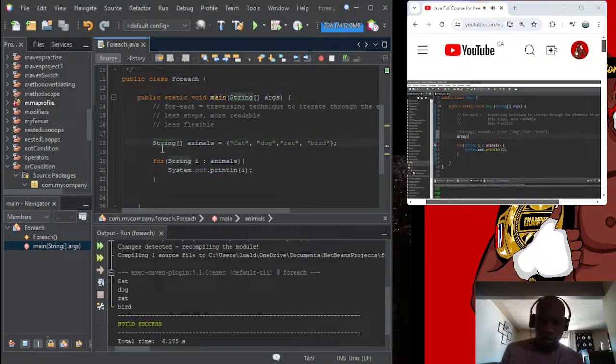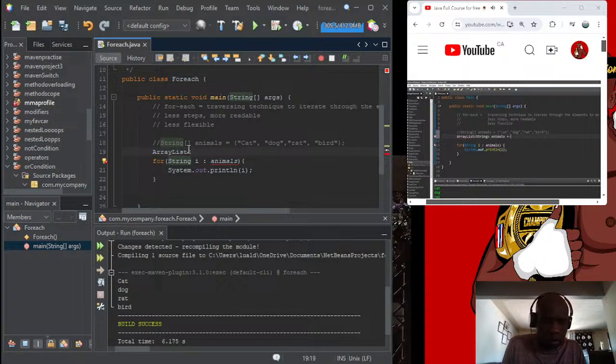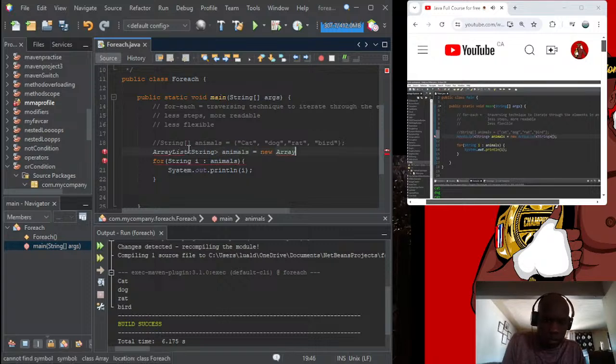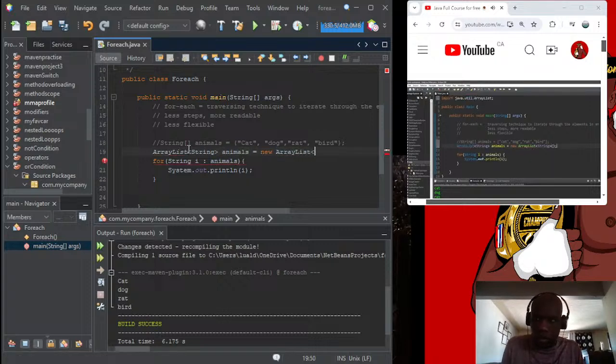ArrayList within angle brackets, we're going to list the data type, which is String, and then we will call this animals equals new ArrayList, angle brackets, list the data type, parentheses, semicolon, and then we'll need an import at the top. Import java.util.ArrayList, and then we need to add